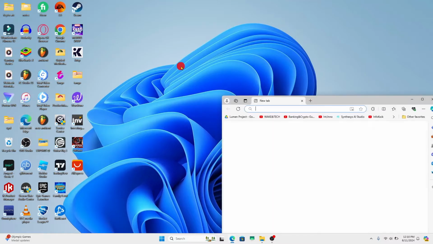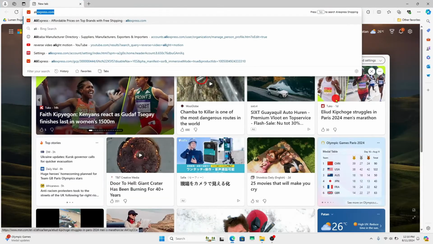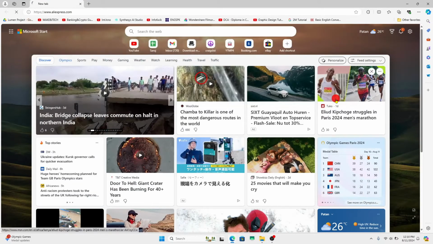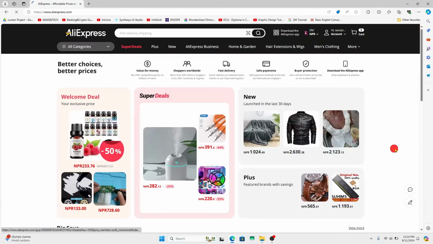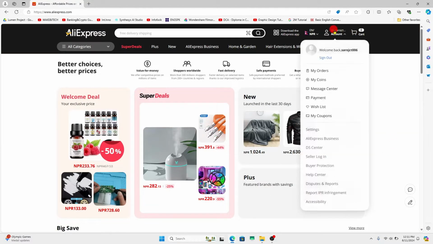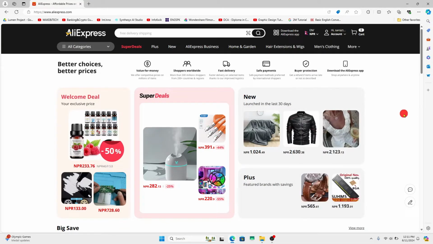First of all, open up your web browser and then in the address bar type in aliexpress.com and press enter. You will now be taken into the official AliExpress website. If you haven't logged into your account already, click on the login button at the top right corner and proceed forward with your credentials. Once you are logged in and taken into the homepage,